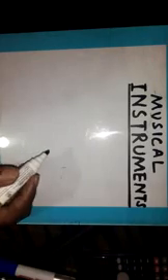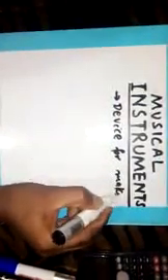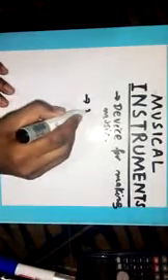Musical instruments are devices constructed or modified for the purpose of making music. Devices for making music are called musical instruments. And this music is produced